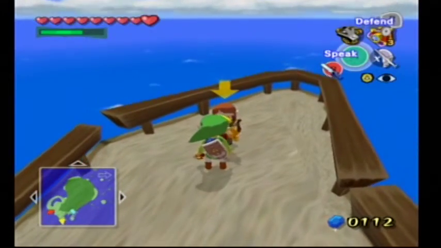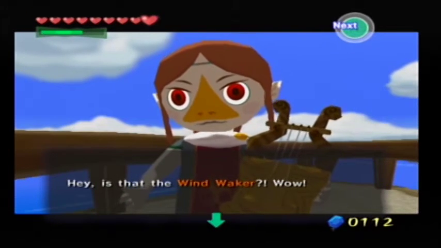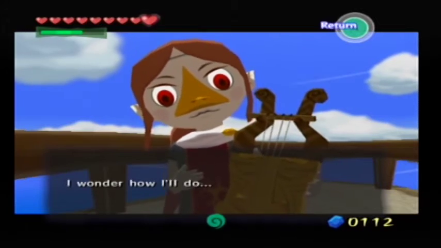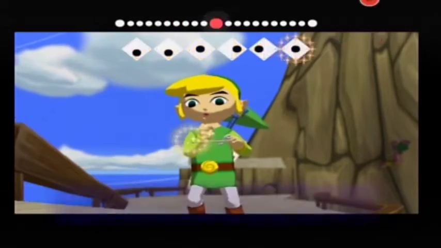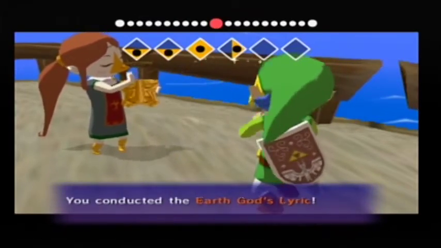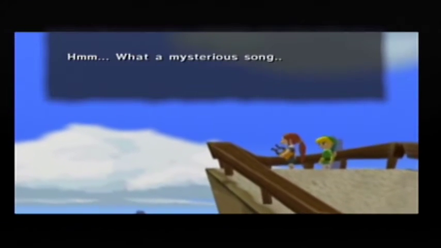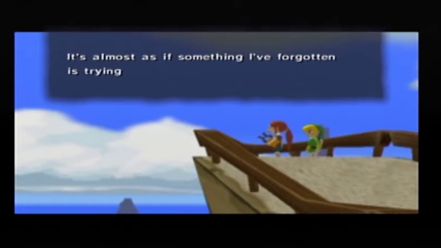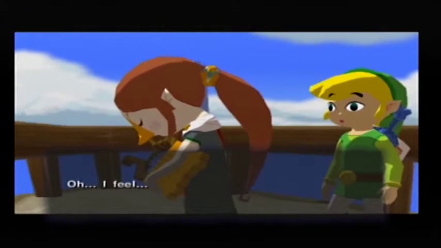But the sage Laruto told us to play the song we learned at the temple entrance for the new sage. Hey, is that the Wind Waker? Wow! Link, will you conduct me? I wonder how I'll do. What a mysterious song. It sounds so familiar. It's almost as if something I've forgotten is trying to be remembered. Oh, I feel...